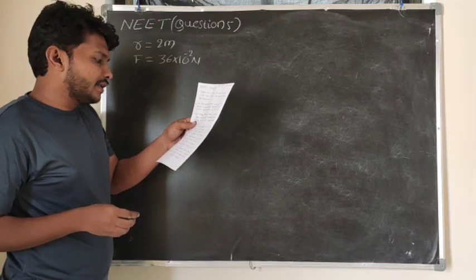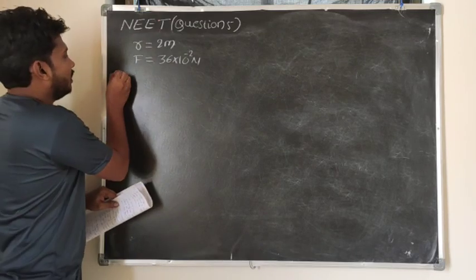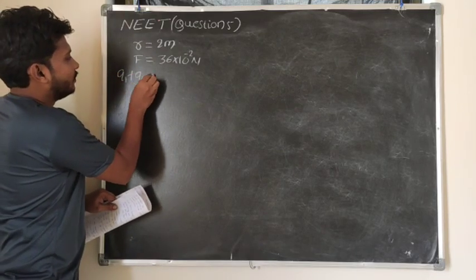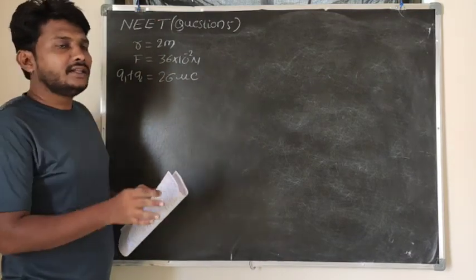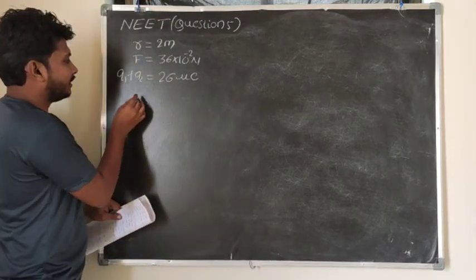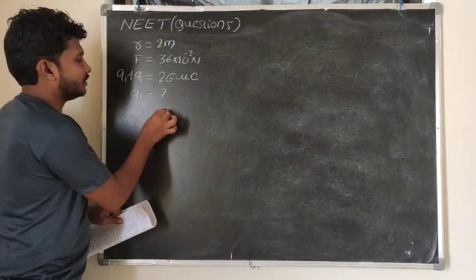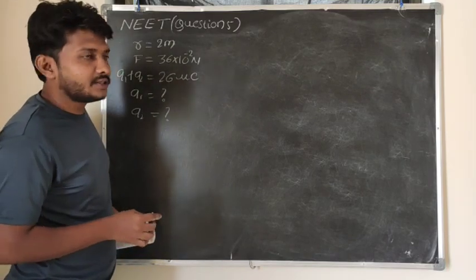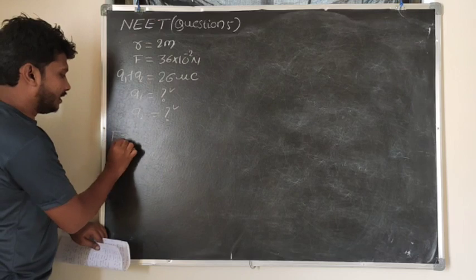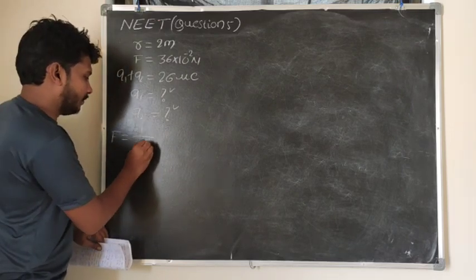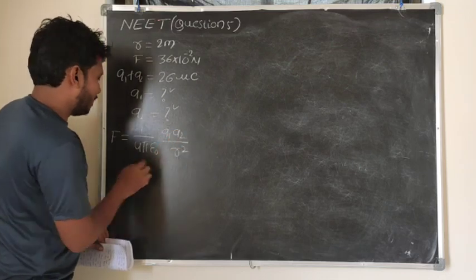If the combined charge is 26 microcoulomb, so combined charge means Q1 plus Q2 value is 26 microcoulomb, then find the combination of the charges. Let us consider Q1 and Q2 value. What is the individual charge we have to determine here. So in order to calculate that, again from Coulomb's law, F is equal to 1 by 4 pi epsilon naught Q1 into Q2 by R square.